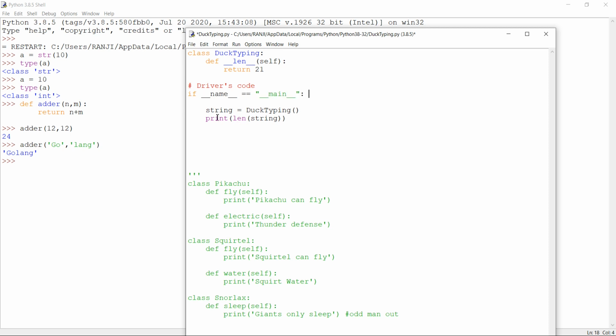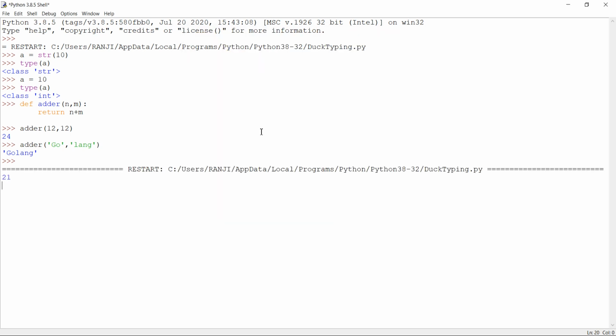If this condition is true, you create an object of this particular class, and I'm naming it as obj. And I'm just printing the length of this, and if I run this, I'll get 21.